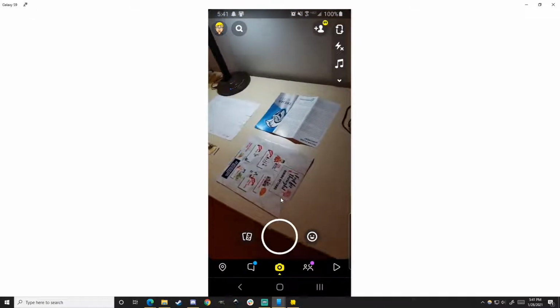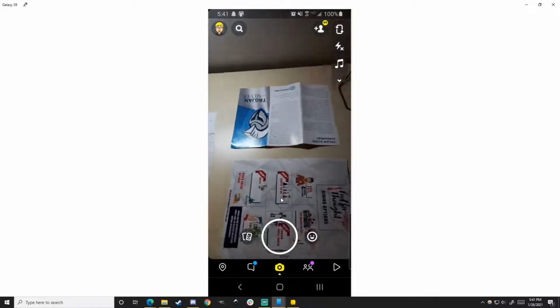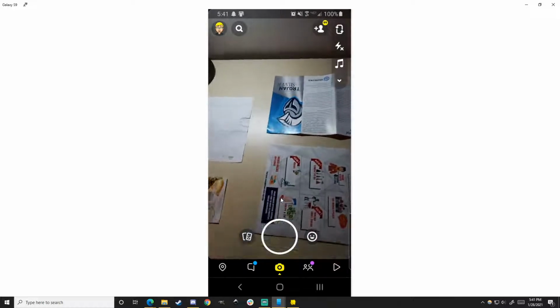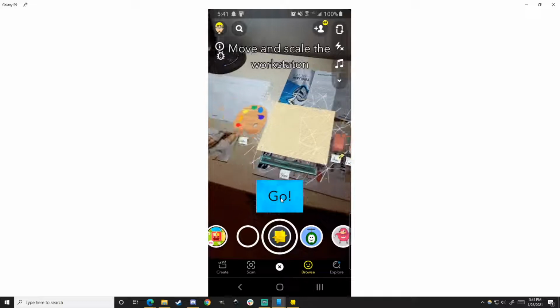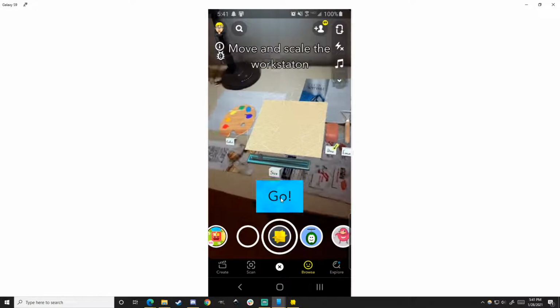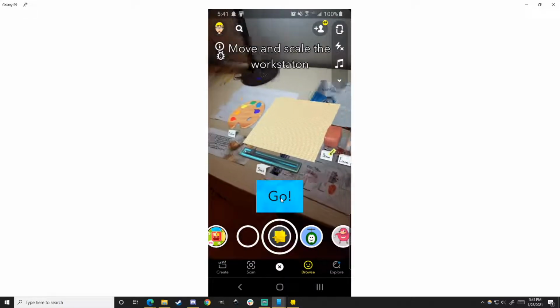Okay, so I set up some paper because this surface is really smooth, so it's not very good for tracking. So I was having issues earlier. Set up the paper to make it more detailed. So this is the sculpting one, and